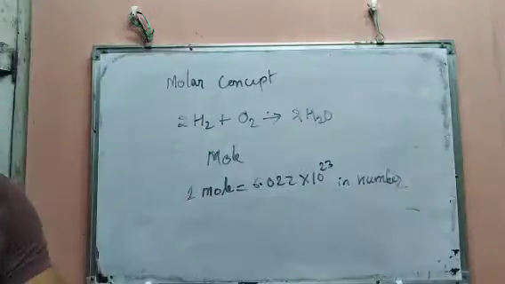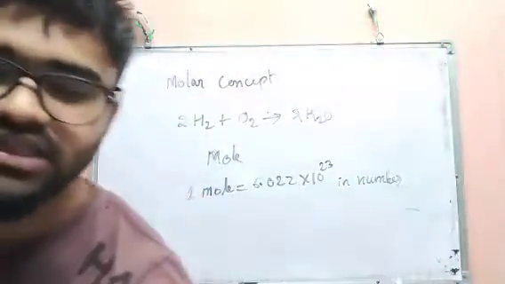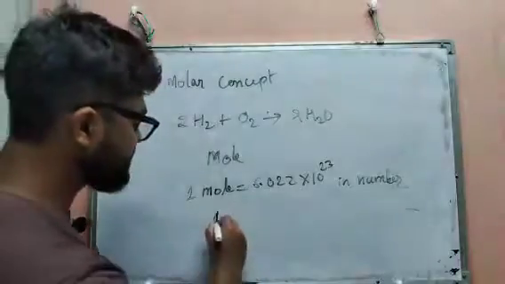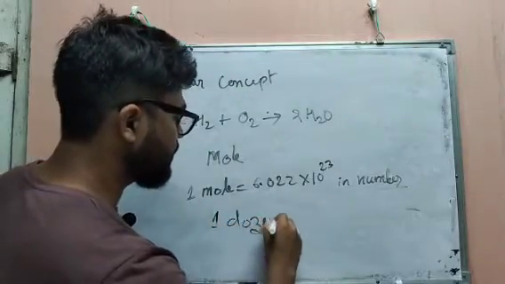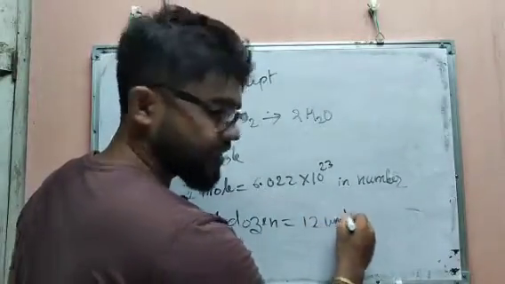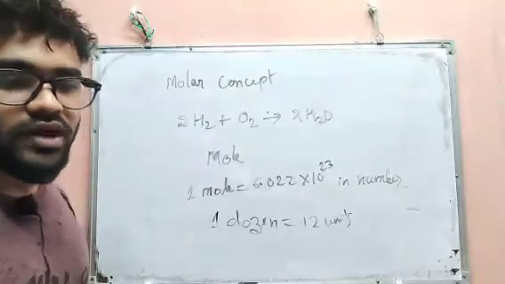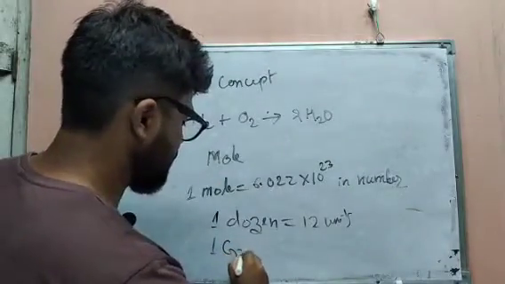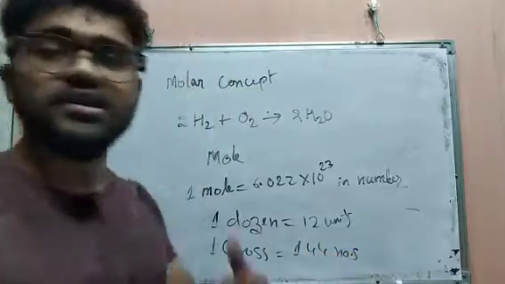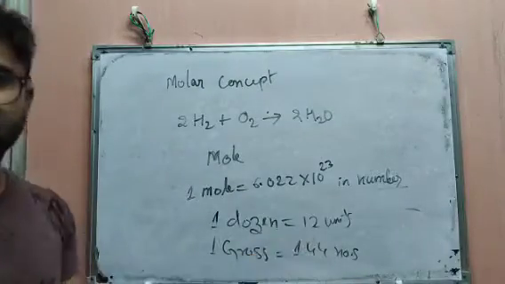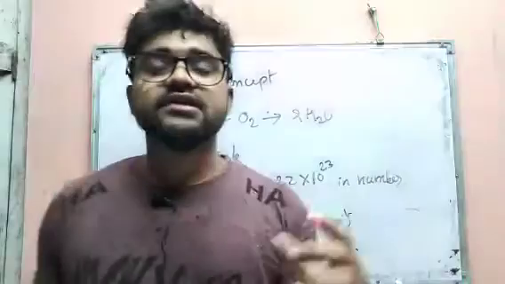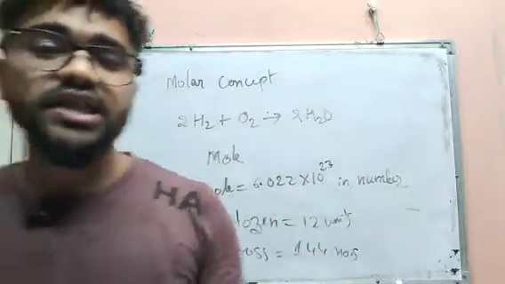Okay, that means now you can ask me what is 1 mole. So 1 mole is nothing but a unit. Suppose 1 dozen. 1 dozen equal to how many units? 12 units. Then say you have given 1 gross. 1 gross equal to 144 numbers. In 1 dozen, how many numbers are there? 12 numbers are there. Say you are asking that give me 1 dozen pen, then you will get 12 pens.